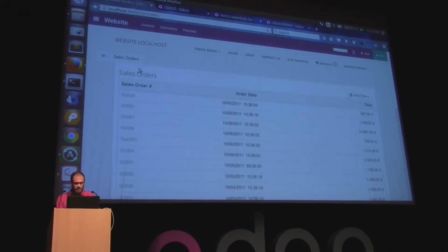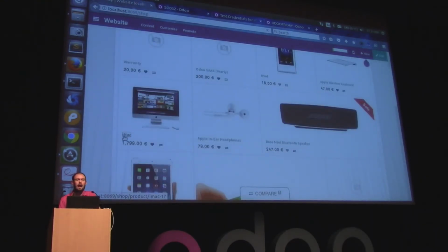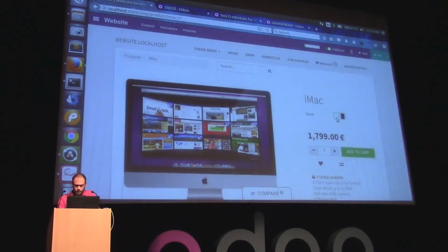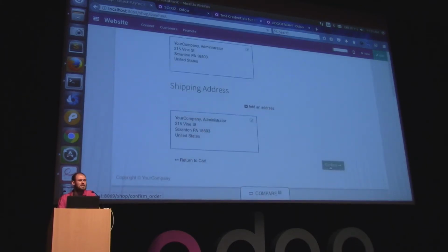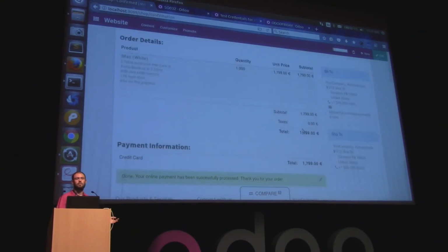Right, so that was the order. So now let's place a second order. Coming back, I log in to the e-commerce, and now, yes, I really want to buy this iMac. I've been waiting for that for so long. Finally, I will do it now. I really like this website. It's so easy to buy because now I can reuse my payment data saved in the system. Here I retrieve all my payment tokens stored in the system and I can pay with that. Done in one click. So I click pay now and the payment is